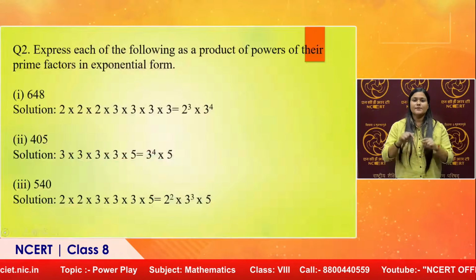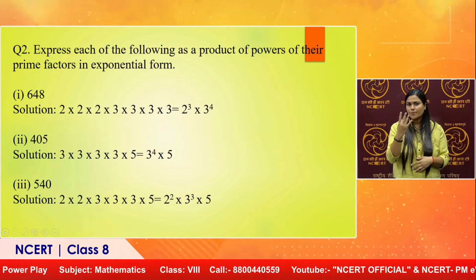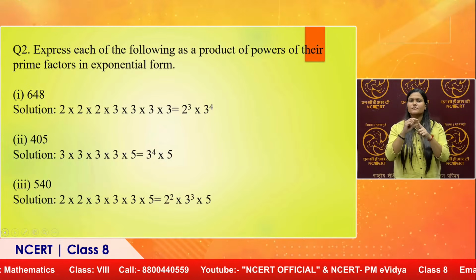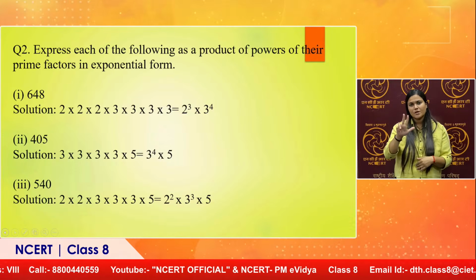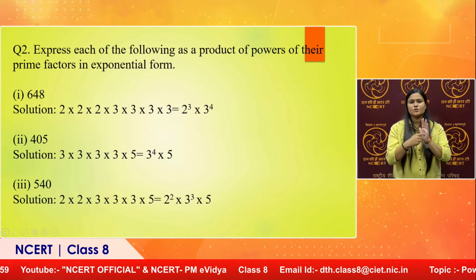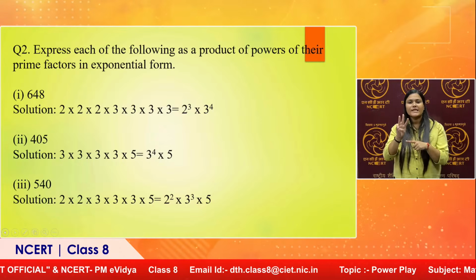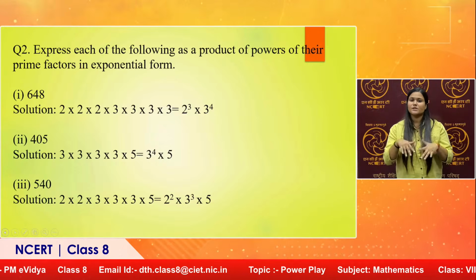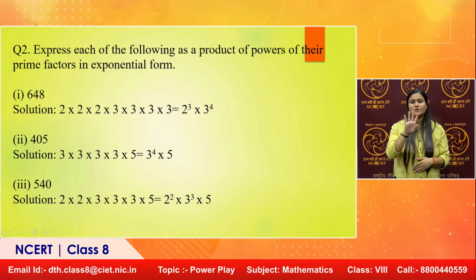Now, the next question is: express each of the following as a product of powers of their prime factors in exponential form. This expression we call exponential form. We are writing in the form of exponents. Say 648 can be factorized as 2 into 2 into 2 into 3 into 3 into 3 into 3. Like I showed you just now, we can write this as 2 cube into 3 to the power 4. 405 just now we learnt and 540 also. So, you know how to express them. 3 to the power 4 into 5, and for 540 it is 2 to the power 2 into 3 to the power 3